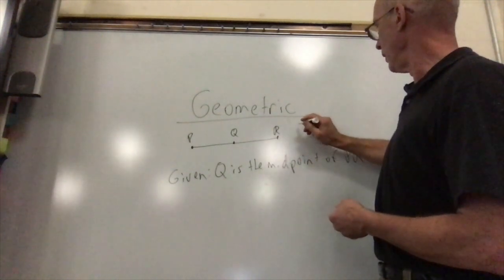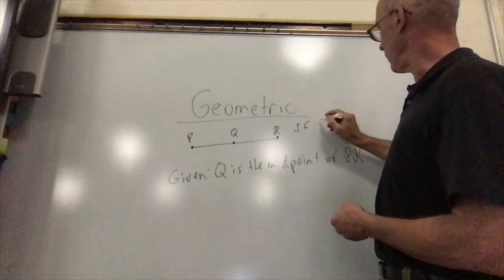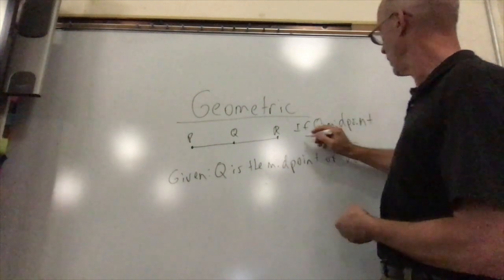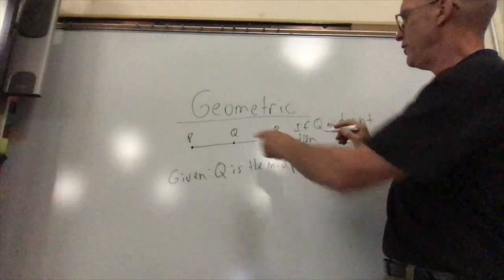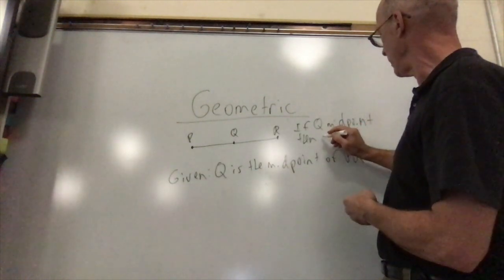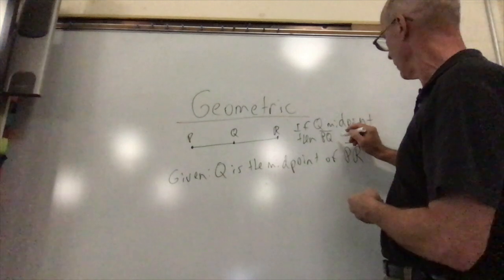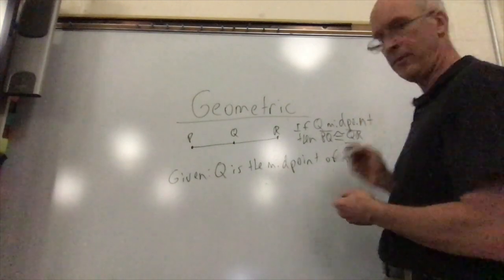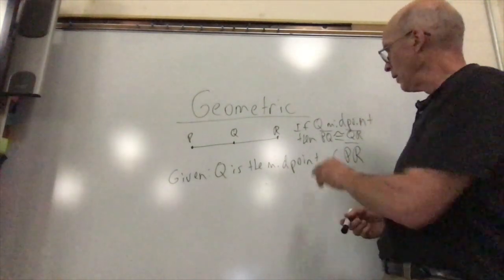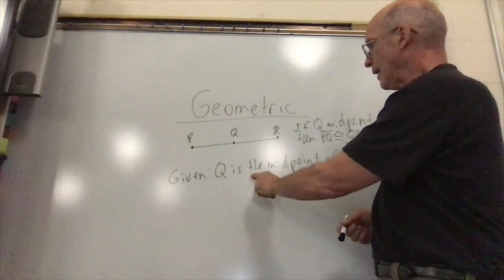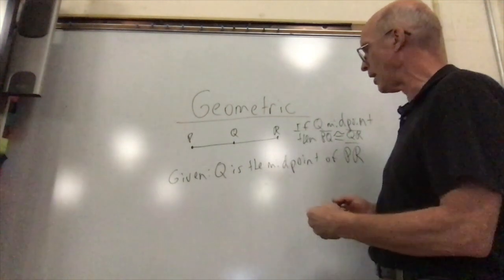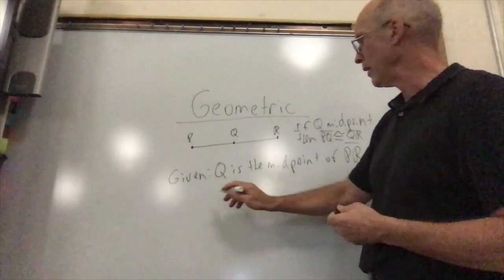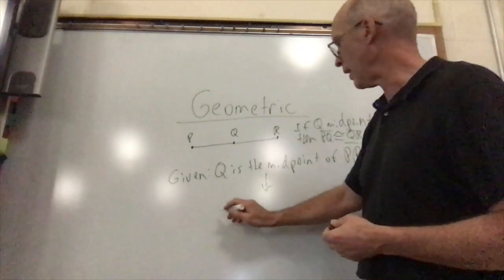So if Q is the midpoint, then the distance from P to Q, or the line segment PQ, is congruent to QR. That's where I'm going. I can't go from this to that in just one step, but it's not going to be very hard. So given Q is the midpoint of PR, then my next step is, I know that the